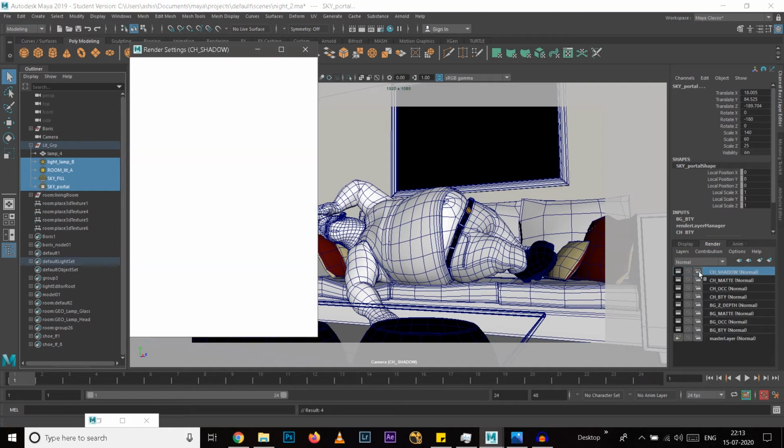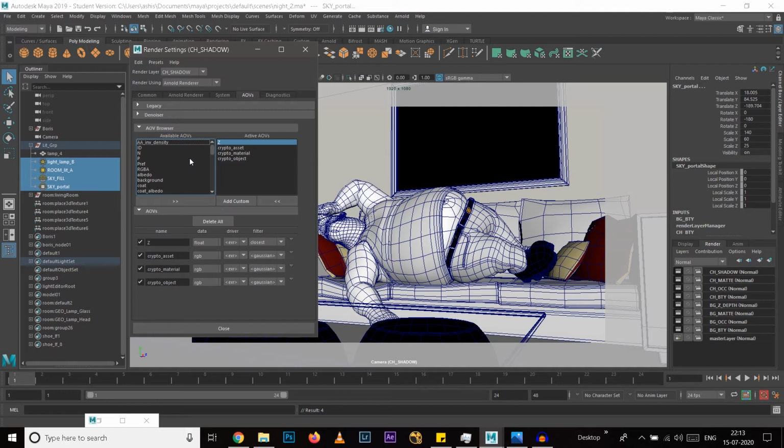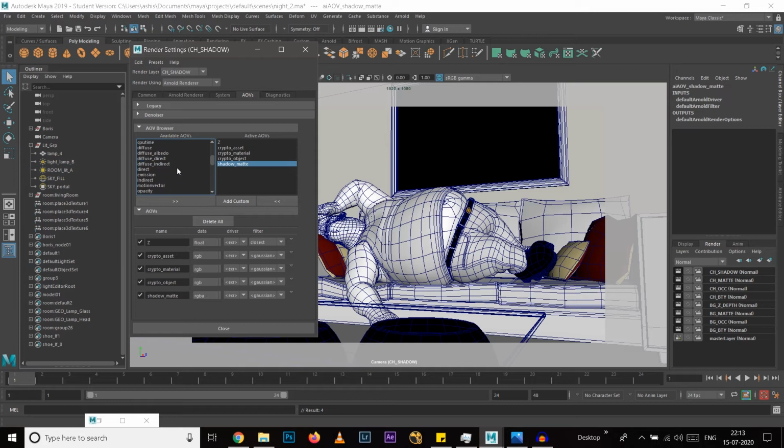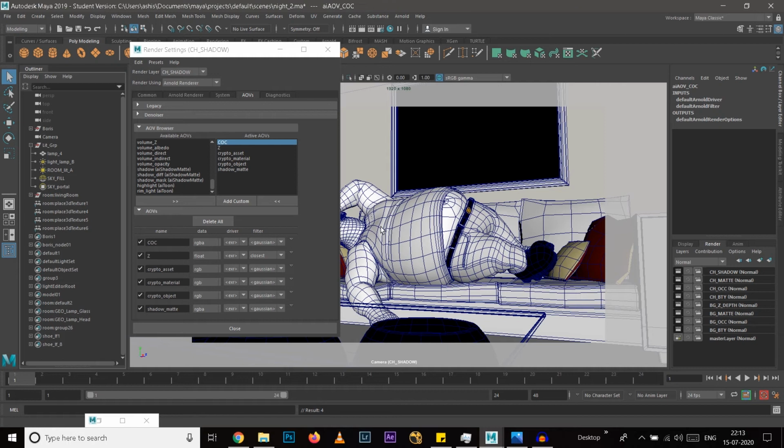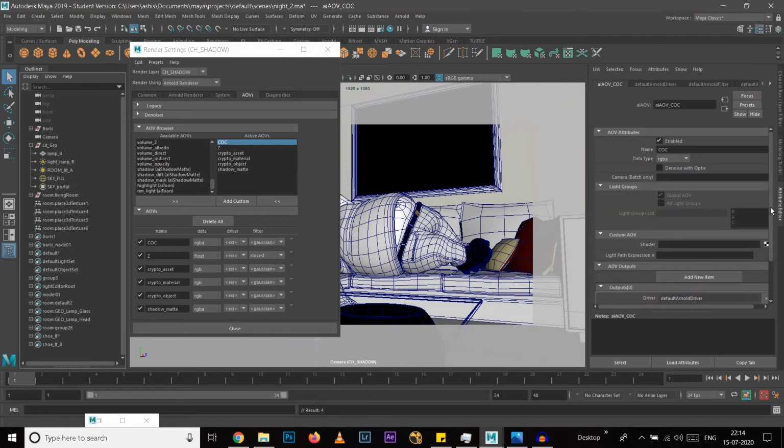Add, and also I will go to AOVs, and there is shadow matte. So I also need that contact shadow. For contact shadow, we need occlusion kind of effect. For that, we could create manual passes in here. So go to this add custom, click here, and I will rename it as COC, that is contact, and I will create. And in this COC, what I need to do is basically select this and go there in attribute